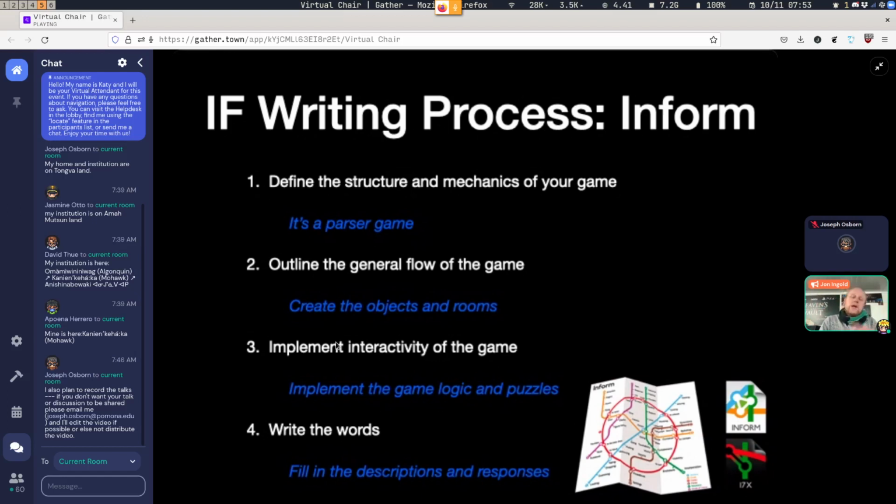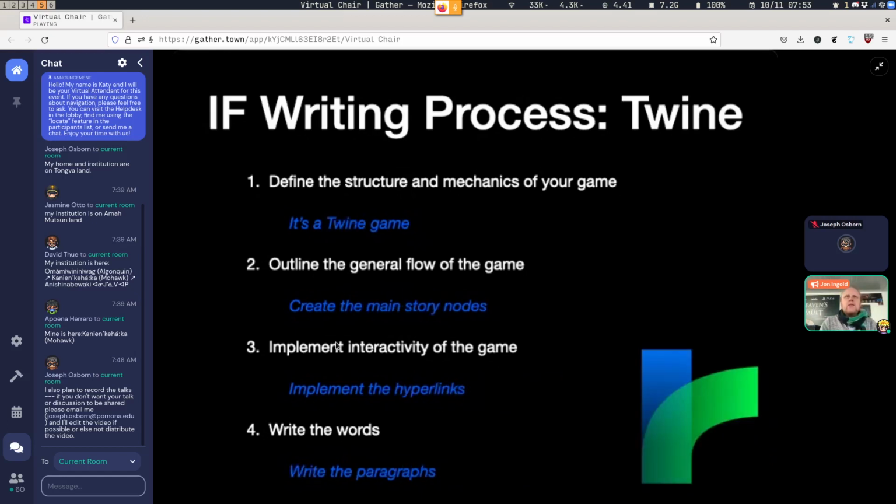For a Twine game, again, I've written very few Twine games, but the process must be roughly, you say, well, okay, up front, it's a Twine game. Mechanics, perhaps I'm using one of the standard plugins, adapting the functionality in particular ways. Okay, I make those decisions. Then I'll outline my main story nodes. I'll lay them across the graph that Twine provides for editing. And then finally, I'll